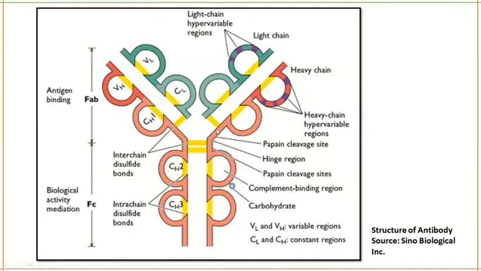Okay, you got it here, right? This is your peptide cleavage site. So you will get the upper part, the Fab region, and the Fc region separately. You will get two Fab regions and one Fc region when peptide cleavage happens. This is extra information, but about the cleavage, we will definitely study the different enzymes and how they cleave. But for now, about this antibody structure, it's just extra information for you.